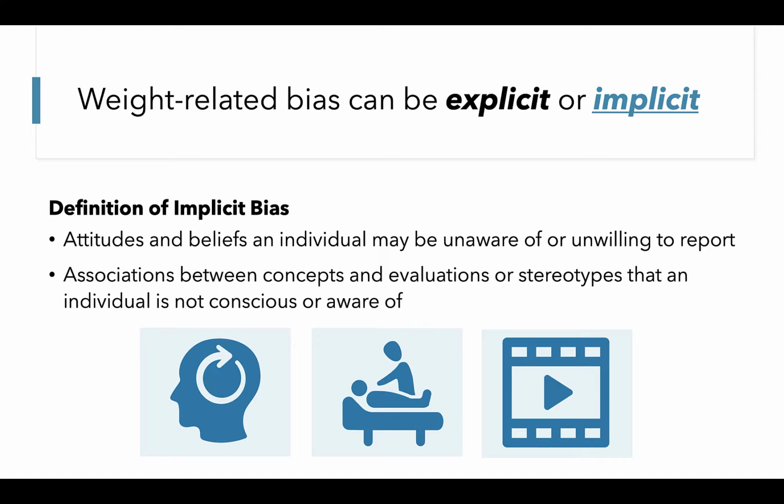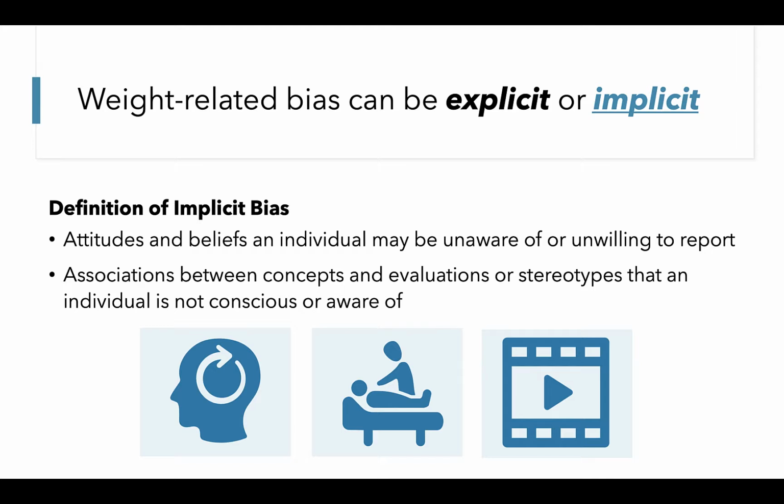An example of this is if we make an assumption about someone's lifestyle based on their body shape or size. If we reflexively assume that an individual with a larger body size is more likely to overeat, have an unhealthy diet, or be inactive, this is an example of an implicit bias. Another example would be a nurse who is less empathetic towards a patient with a larger body size. That nurse may not overtly realize she's doing this, but may hold implicit biases that that individual's health problems are their own doing because of their weight.